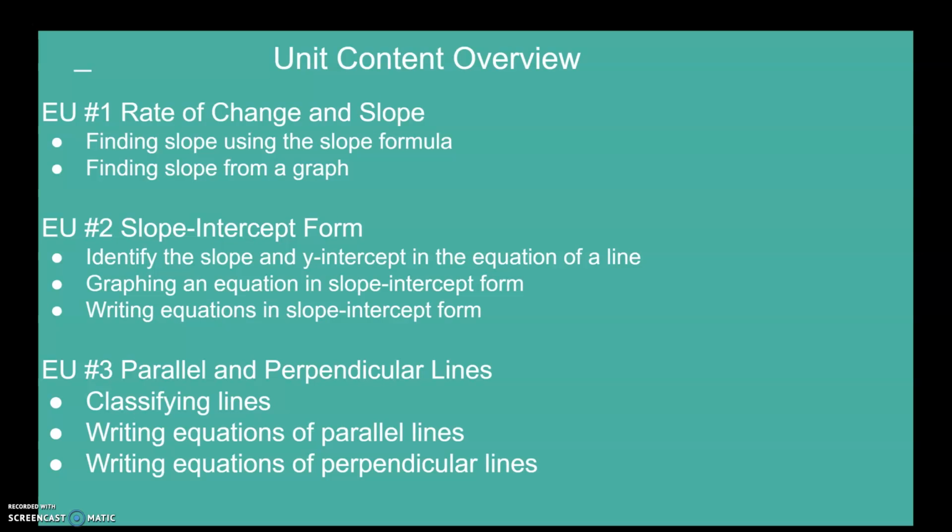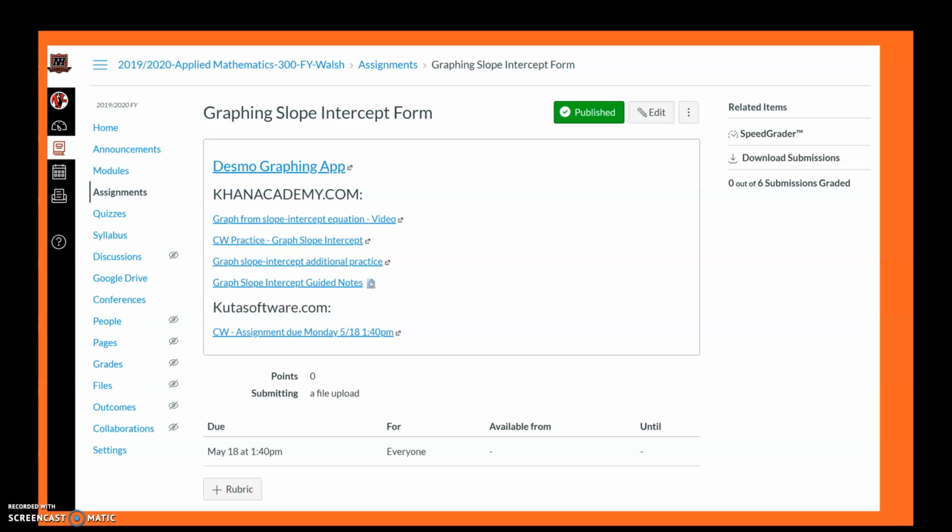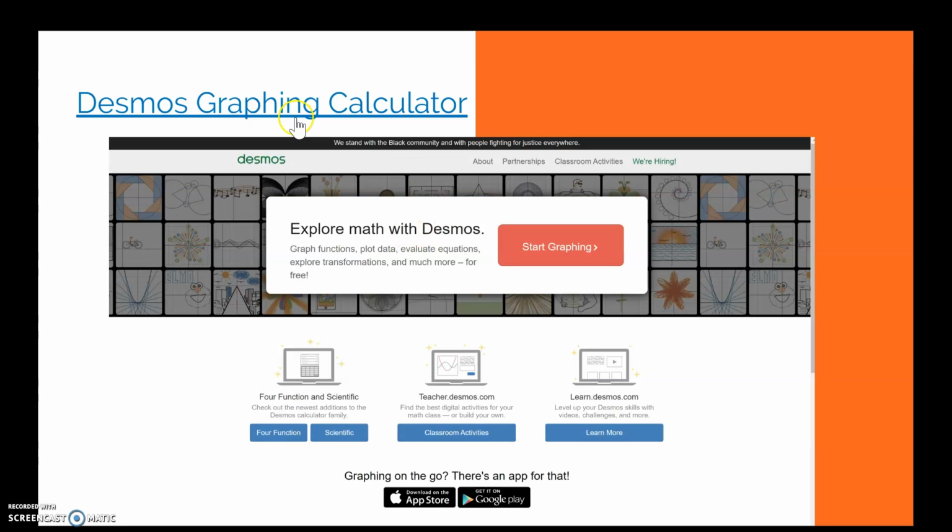If we go and explore my Canvas page, you can see what the students see, which is my lesson mapped out with the apps that we're going to use and the assignments that they're going to be responsible for. You can see that I first used the Desmos graphing app to introduce the slope-intercept form of the equation, and so the students can see how I generate an